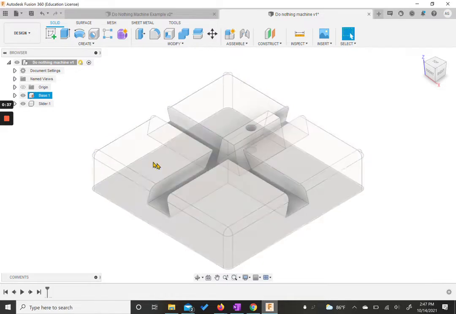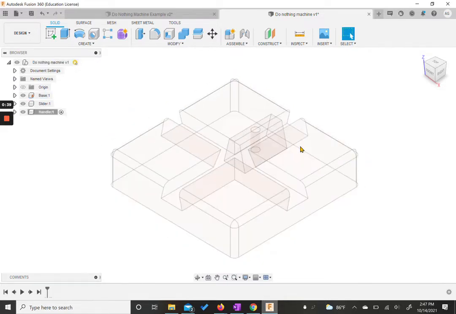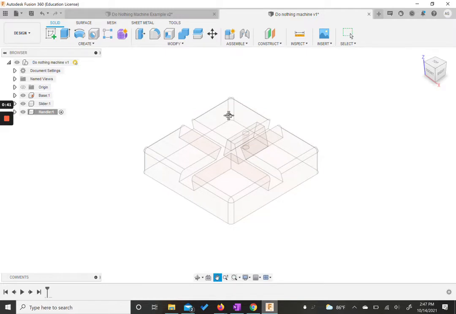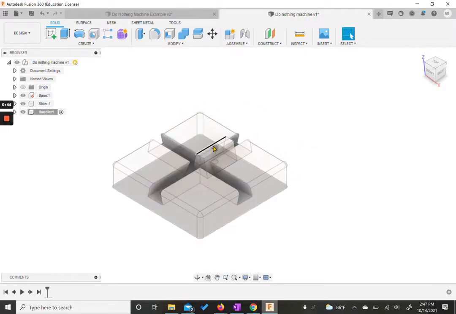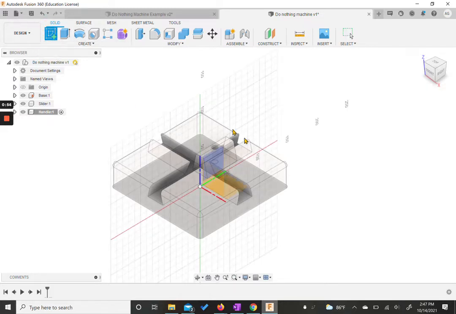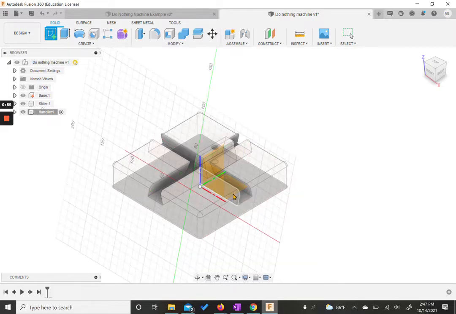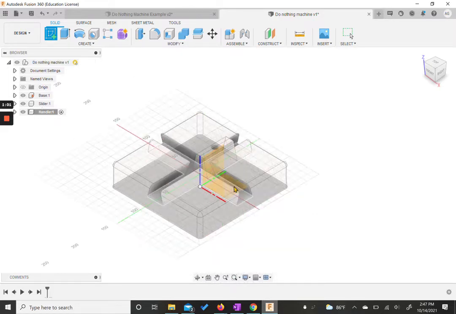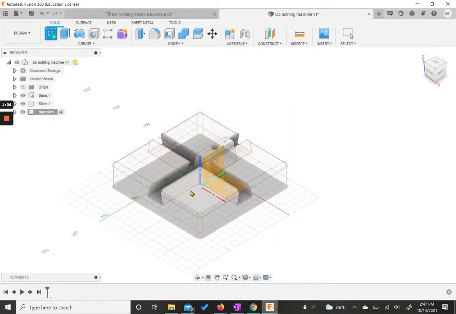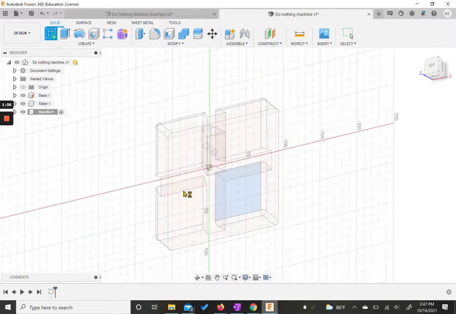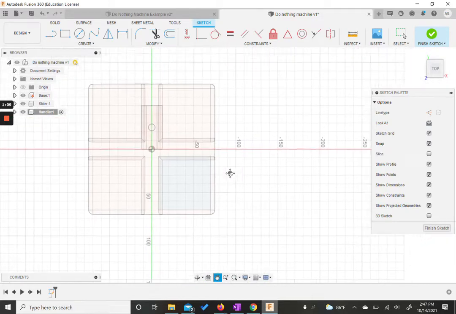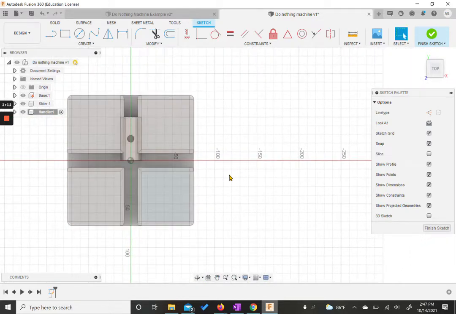All right, now that we've created our new component, again, there are a couple ways we could do this. We could either make it connected to the geometry we have already or separate from it. Since I showed connecting it to our geometry for the slider, we're just going to do it a little separate this time to give you an idea of what I'm meaning. Okay, and we're going to use, let's see, which plane do we want this time? Or actually, we're just going to use the top surface of our base. So I'm going to pan, I'm clicking my scroll wheel and moving over a little bit so we have